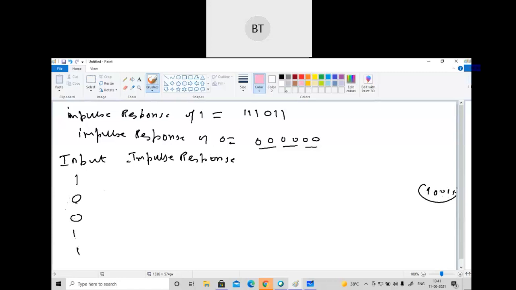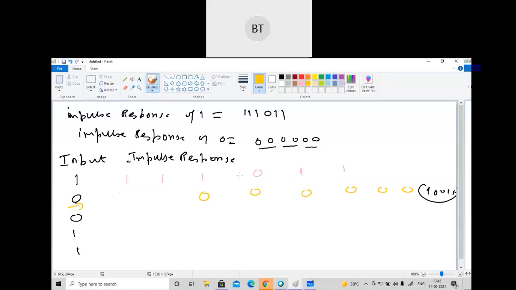Now the most interesting part starts. So for input 1, what we have got is 1 1 1 0 1 1. You can see what we have got here for input 1. So now for 0, what we have to do is shift 2 bits. So for this 0 we will shift 2 bits. So what will be the 0? For 0 I'll write here 0 0 0 0 0 0. 2 bits we have shifted. I will tell you why I have shifted this.